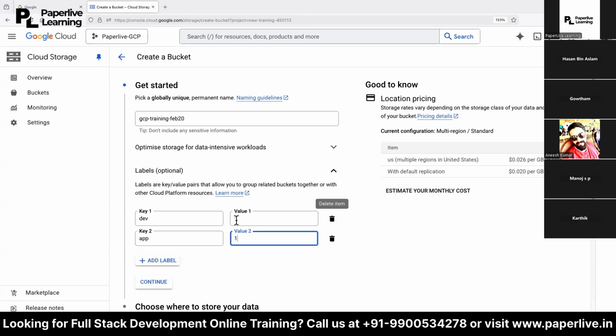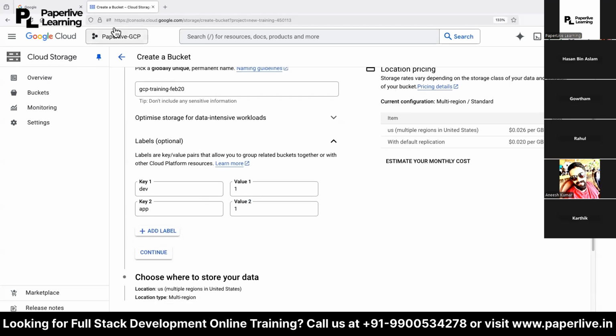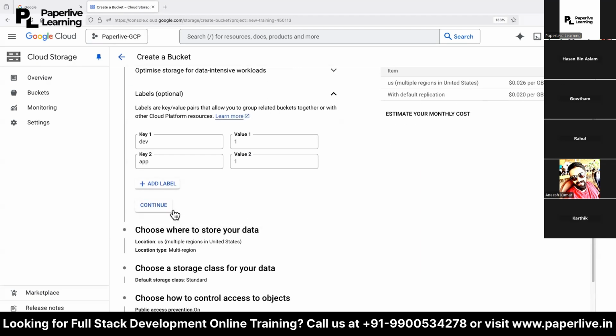You can add multiple, both sides are strings, any kind of thing. You can use your name also, but it's all for identification, like departments, anything. It's more for your organization's internal identification. All right, that is labeling. You will be doing it in multiple other services as well.